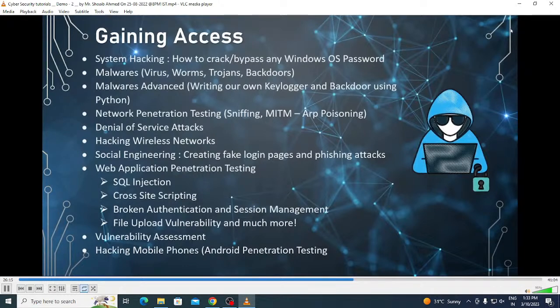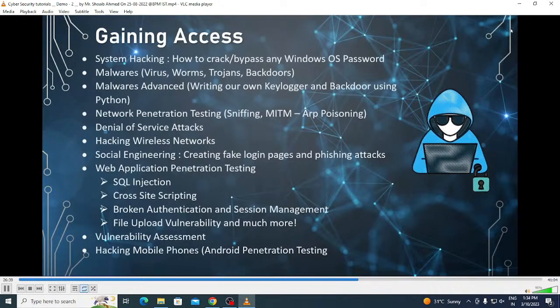Now, coming back to our topic, guys, as I've mentioned, we'll be discussing web application vulnerabilities, where we learn all the common website weaknesses. Now again, this might sound a bit technical, guys, but these are a few common weaknesses that exist, such as SQL injection, cross-site scripting, broken authentication, file upload vulnerability, and so on. These are the weaknesses that hackers use to get access to the web server,